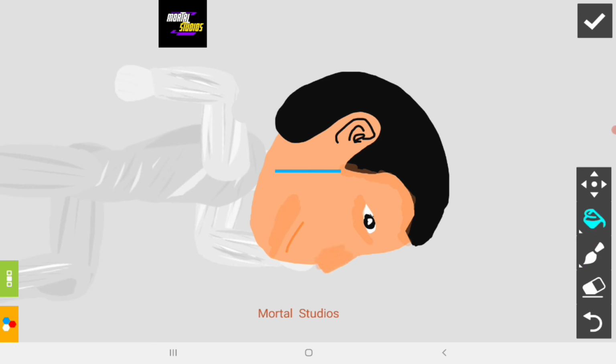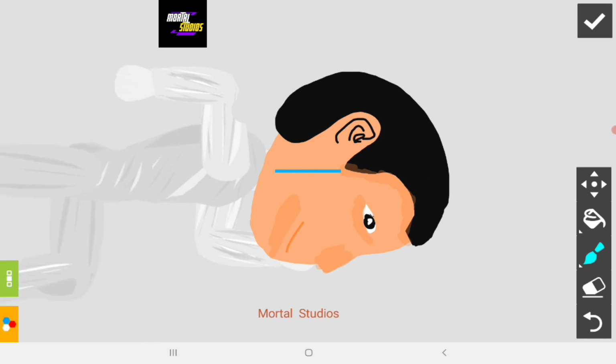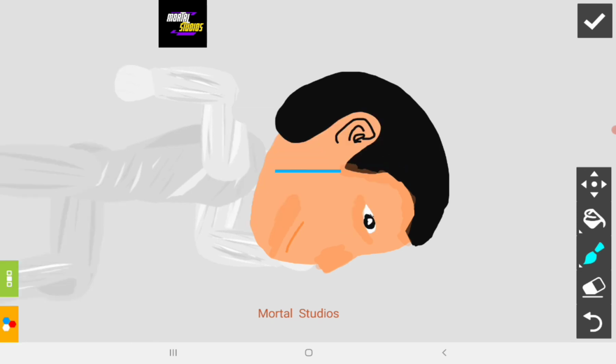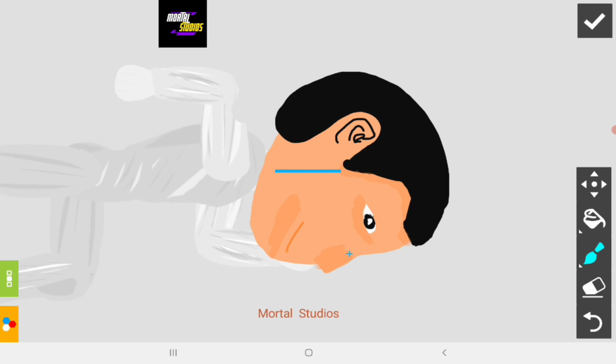Now we are going to add some color, which means some of the shading went up the head. We just need to clean that. Use paint. Okay, you have to clean a little more. Just draw over it like this, and we are done with that. Here we are going to draw the nose. Use the width a little smaller for the nose. Just draw a line like this.